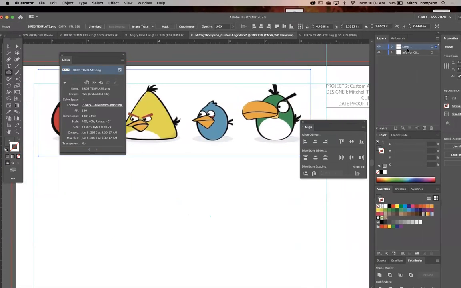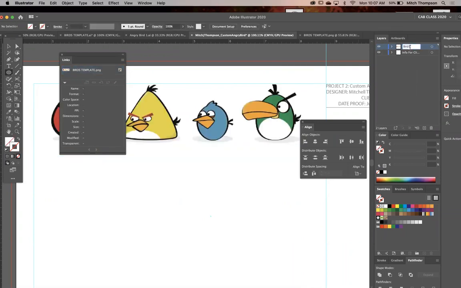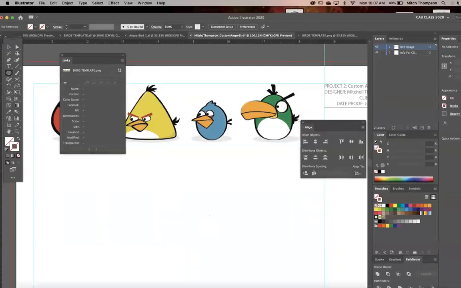I don't remember creating that layer. I'm going to call this out as birds regardless. Actually, maybe we'll call this one bird image instead, just because we're going to have our Angry Bird put here. I gave you this, though.